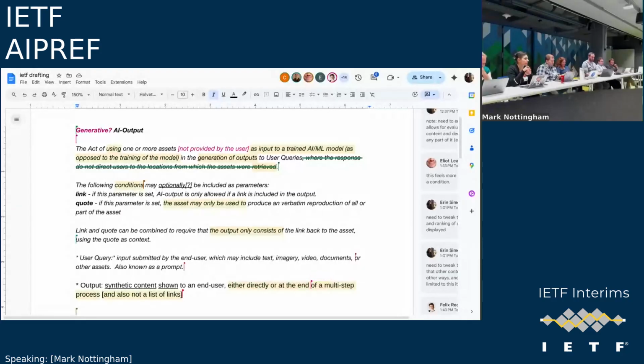And I think that's one of the things that needs to be addressed here. If you imagine you've got a chain of processes that take assets in at various points and make decisions, and then feed the output of that into another system, on and on, if the expectation is that the information is then presented to someone or presented as the output of a complex system, then this would operate in that circumstance.